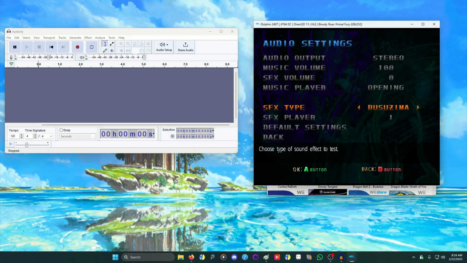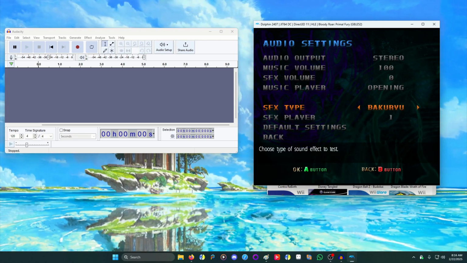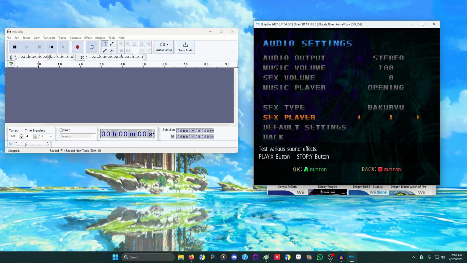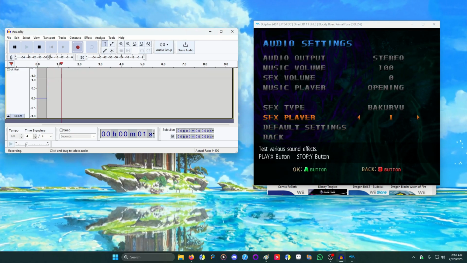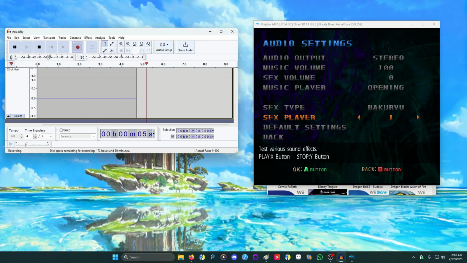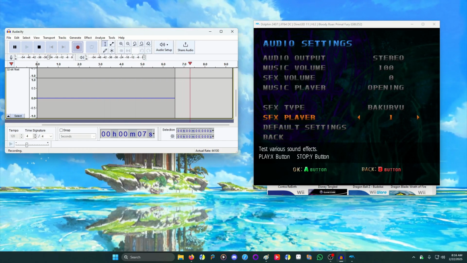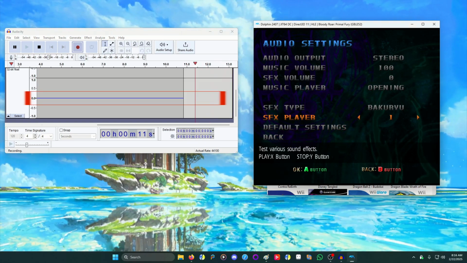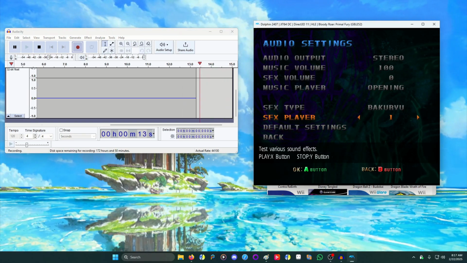So let's go over to a character. Let's pick Bakuryu, and then SoundFX player. So now I'm going to hit record. Recording on Audacity is set up to not record my voice, but to record the desktop's voice, which is all applications on the desktop, which is why the line is straight. So as I play through the sounds,